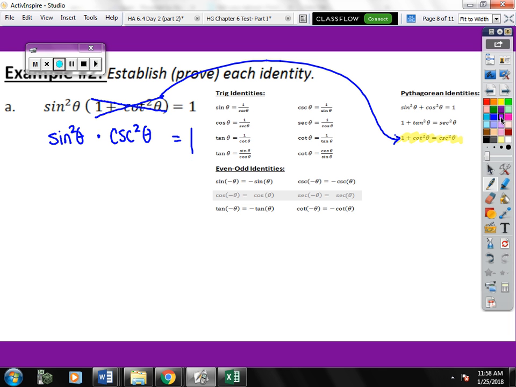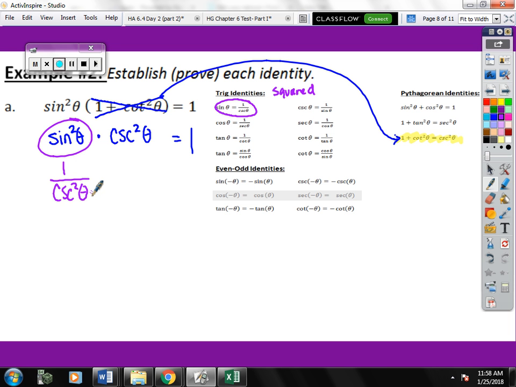Now, all of these formulas that we have as trig identities, these work as squares as well. So if you see sine theta equals 1 over cosecant, that means that sine squared equals 1 over cosecant squared. So it's up to you whether you want to change this to be 1 over cosecant squared or you want to change this to be 1 over sine squared, but they're going to end up canceling out. So let's go ahead and change this one since I have that formula highlighted. This would be 1 over